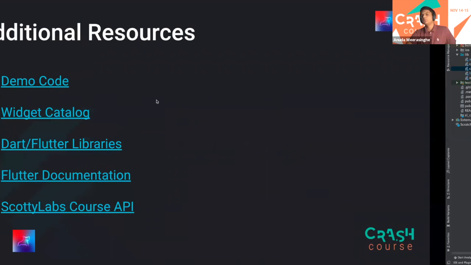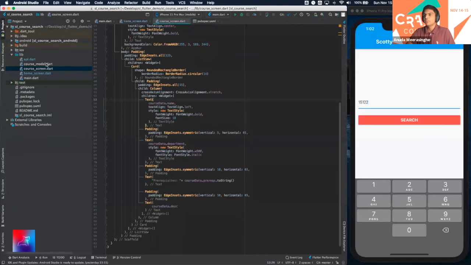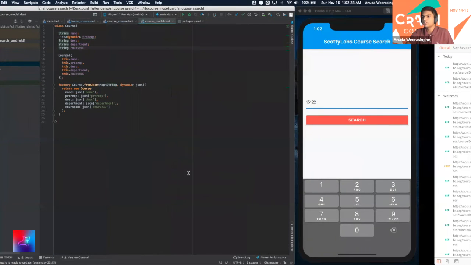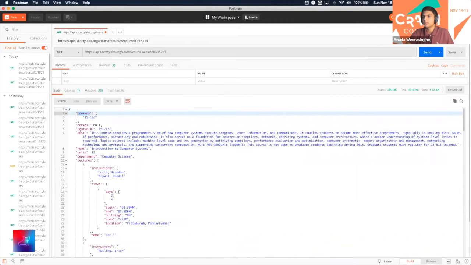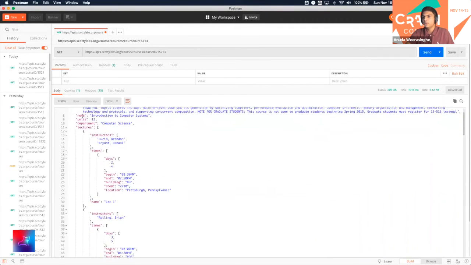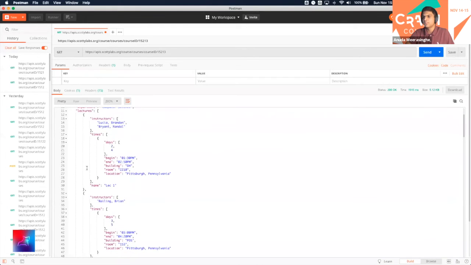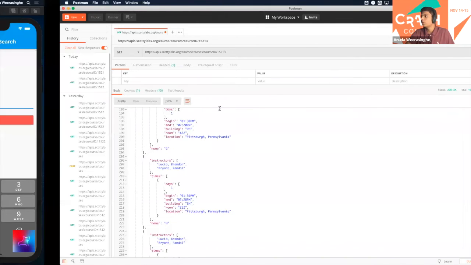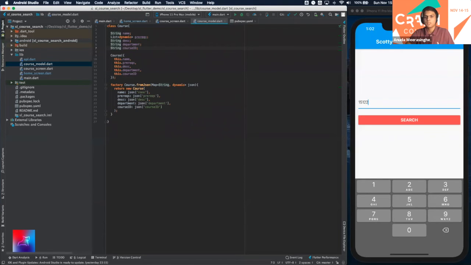Okay, now we're going to move into the code. The first thing I've done is set up a Dart model, which encapsulates all of the different fields that I want to capture from our response. Looking back at our response, there's a bunch of different data: a list called prereqs, a list called coreqs, a course ID field, a description field, name, units, departments, and then a list of objects about the lectures and the different timings. But because I don't want to make this too complicated,